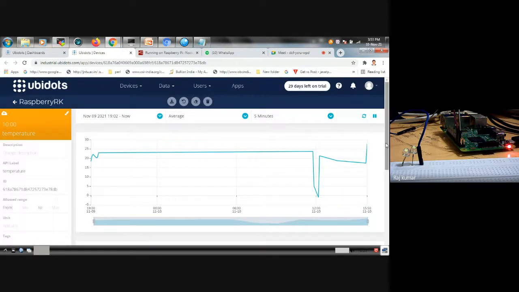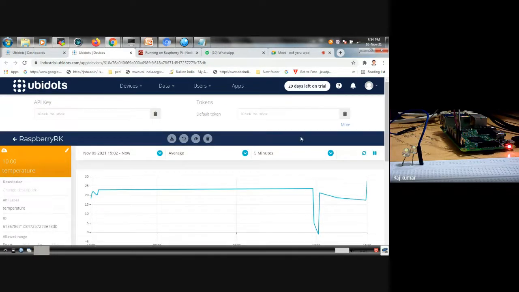Even researchers can use these Ubidots without any problem. Actually, I'm using industrial Ubidots. We can use STEM Ubidots. It is very user friendly. Anybody can connect it. Yesterday, I made a mistake in the credentials. I used the API key instead of tokens. I kept this API key in my Python program and tried to upload.